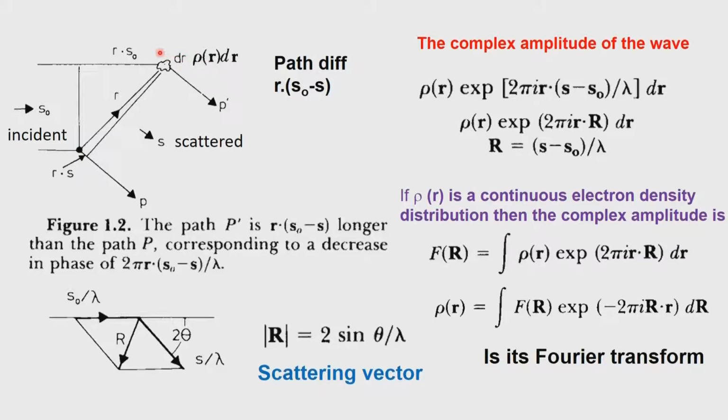It could be a crystal, it could be any other state of matter, but we will consider a crystal. So, inside the crystal there is a small elemental volume d r which we consider, where rho of r d r is the electron density. That means, there is a certain amount of electron density which stays inside this little piece, and because this electron density is there, when the incident radiation falls on that, it undergoes a scattering because of the presence of the electron. As we discussed earlier, an atom is attached to the electrons, and the electrons are the ones which interact with the X-rays.